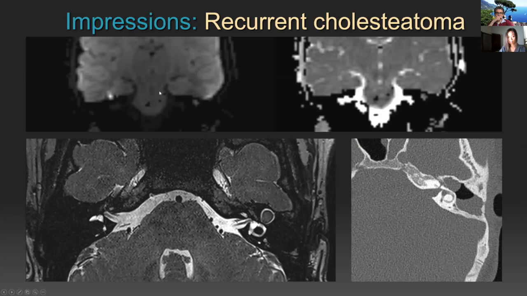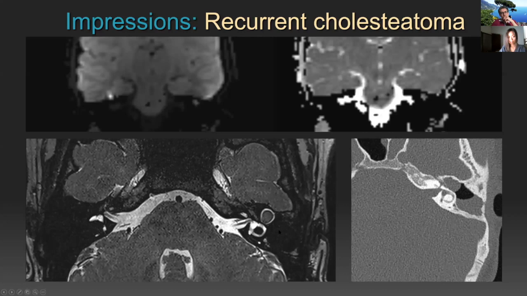Lastly, a patient who, with the same history, had an MR for recurrent cholesteatoma. Once again, we saw decreased diffusivity and a rounded opacity in the attic over here concerning for recurrence. We weren't particularly worried about the mastoid bowl. And interestingly, on T2 space images, this lesion had low signal essentially and a bright rim of high signal intensity